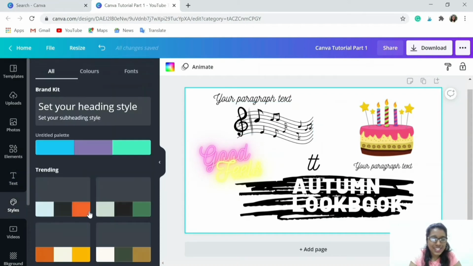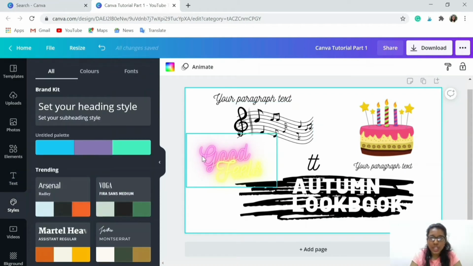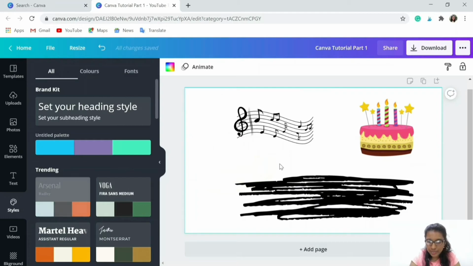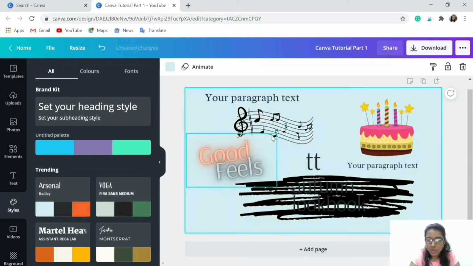Now let's go to the Styles tab. So if you want to give a particular design to your template, just like we select the design in PPT, there is a design tab, there is a style tab in Canva. So if I select this particular style, once it gets loaded onto the design, everything changes to that particular style or template or whatever you call it.